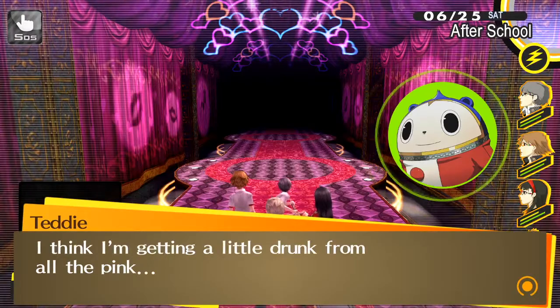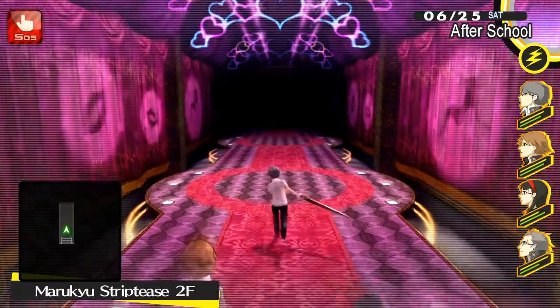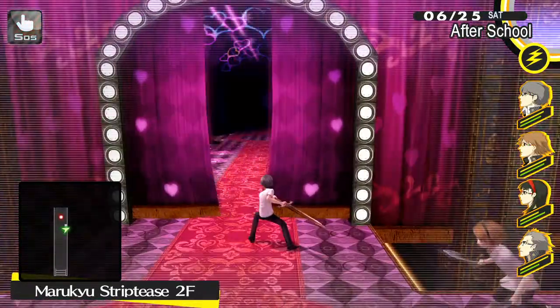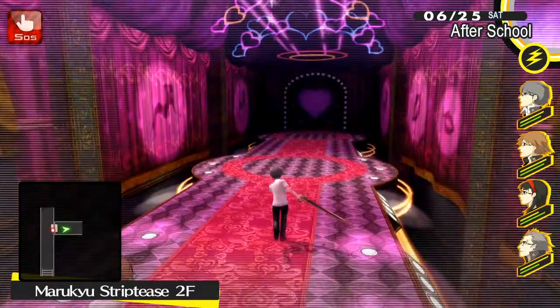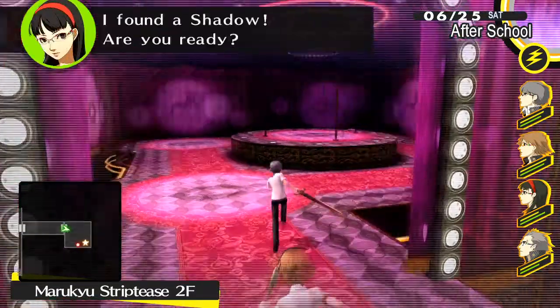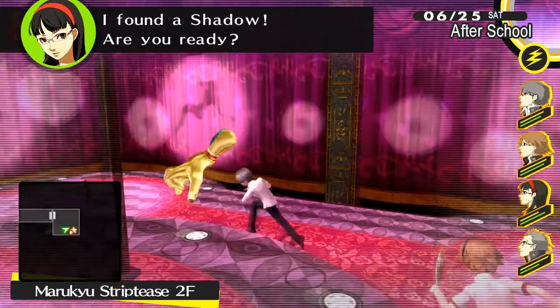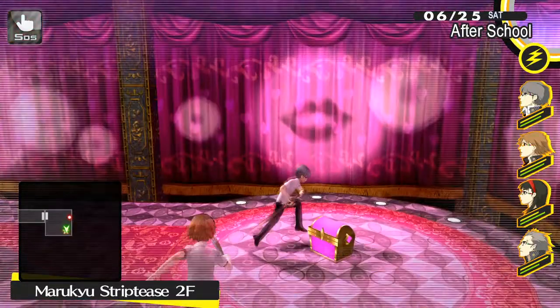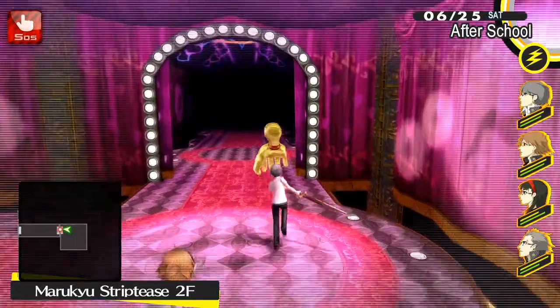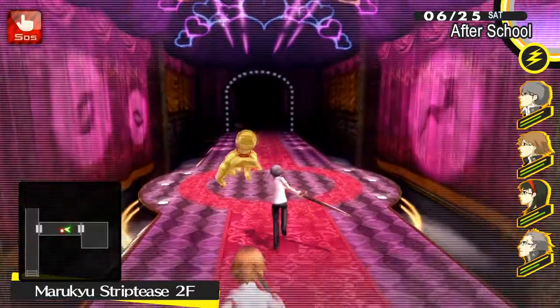Sensei, are you okay? I'm getting all a little drunk from all the pink. Lot of pink. We're going to avoid that red thing for now, because I do not really want to mess with anything that's too strong. Ooh. We got a dry ice there. This thing, unfortunately, can...